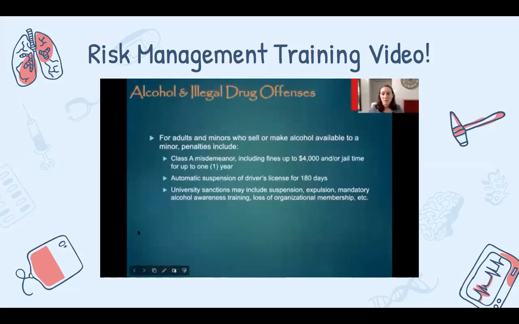For adults and minors who sell or make alcohol available to a minor, penalties are even higher. So you can see these here on this slide. So just make sure you're being wise with how you are handling yourself. Your organization leader should never provide you alcohol or make that available to you, or